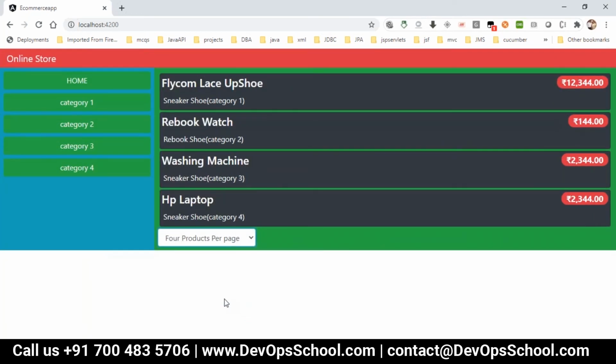So we have done with the page size, but we wanted to go to the next page, right? Like I want to go to the next page. How can we go to the next page? For that we have to write the page buttons.